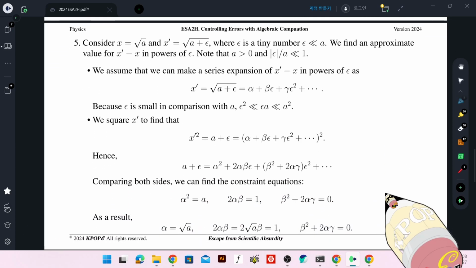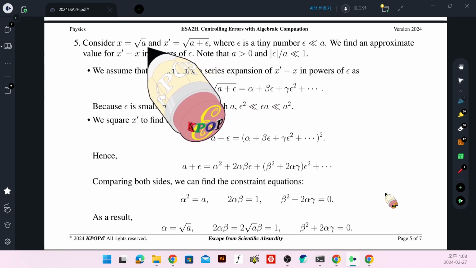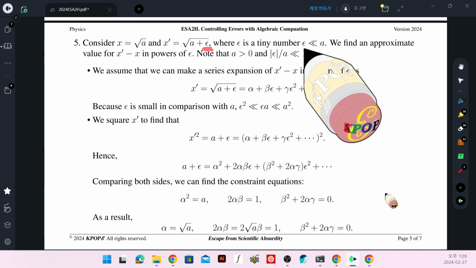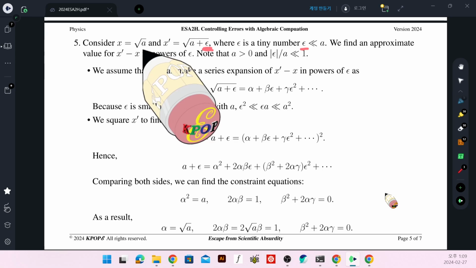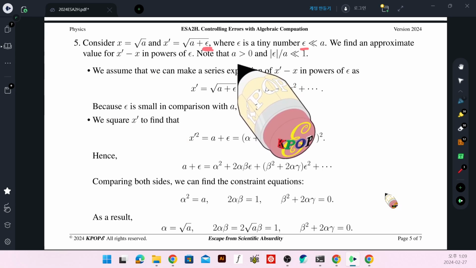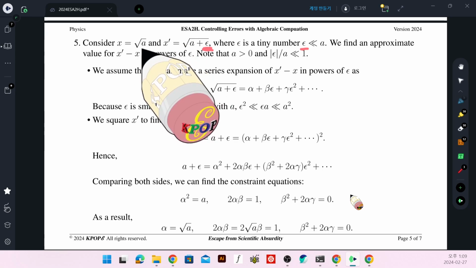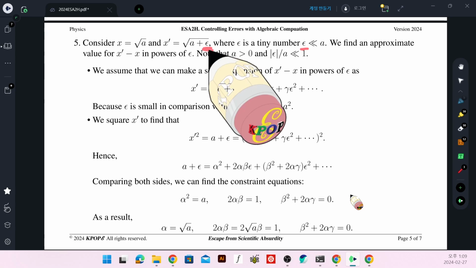Next we consider two square roots, x and x prime, whose argument is a little bit shifted by epsilon. That epsilon is a very tiny number in comparison with the original a. And for simplicity, we just consider the positive a. I'd like to make use of the previous result for the square root of a, and I'd like to find the shift from the original value if this change in epsilon is tiny,